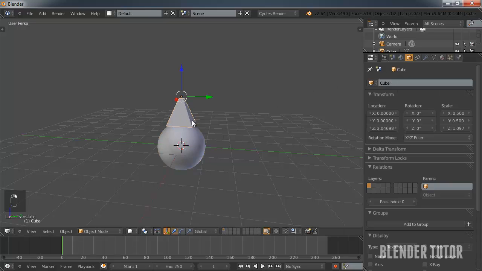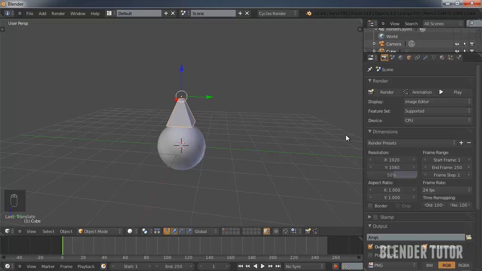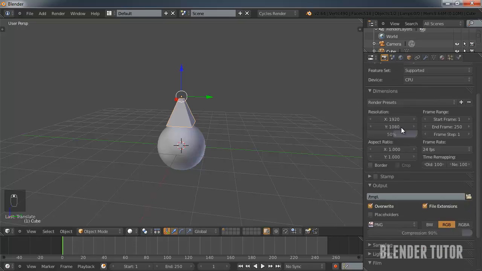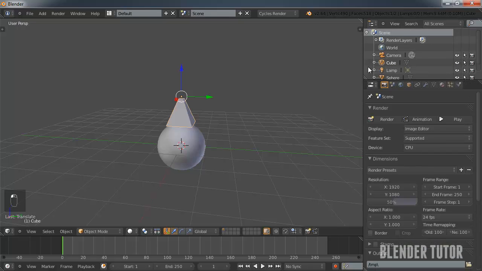In this sense it's going to just be whatever your object is selected: constraints for your object, which we'll get into in another tutorial, modifiers as well, object data, materials, textures, particle systems, which will be in a more advanced tutorial, and even physics. So there's a whole lot going on here that we'll get into, but I just want you to start being aware of all the different options that are really hiding in plain sight. You wouldn't really know that they're there until you start looking around for them.